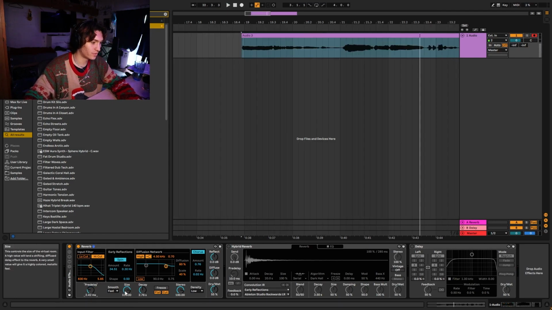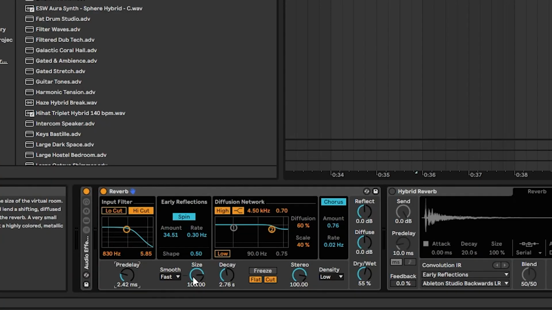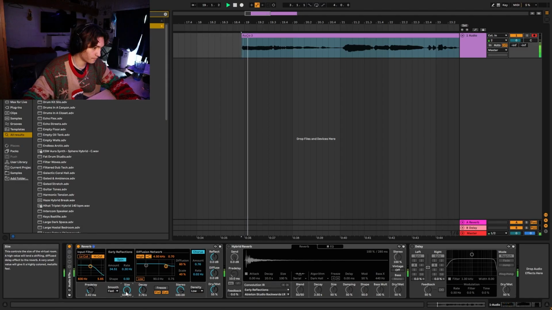All right, and now let's change the size. So again, this controls the size of the virtual room. If we turn it up, it gives it a larger room, and if you turn it down,